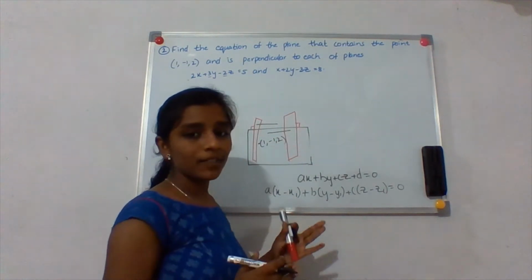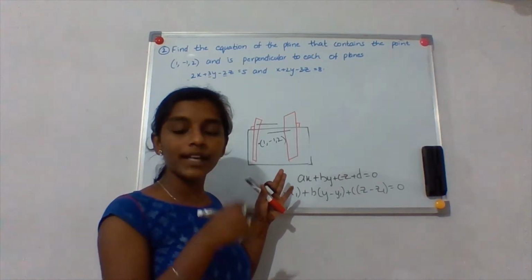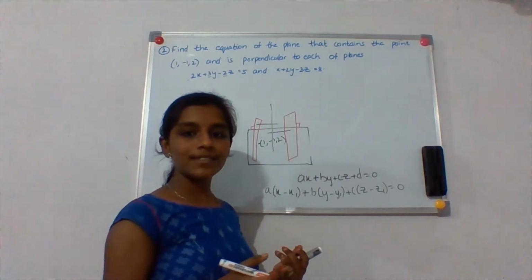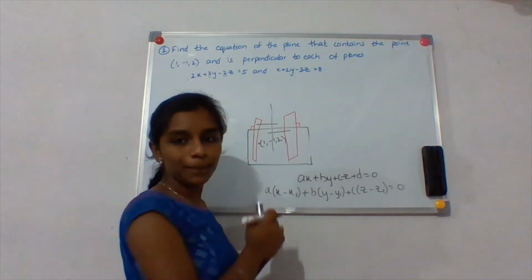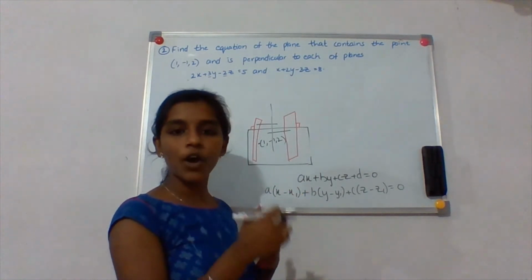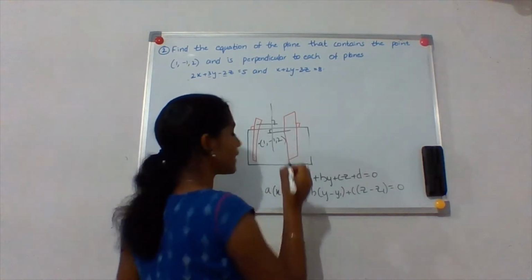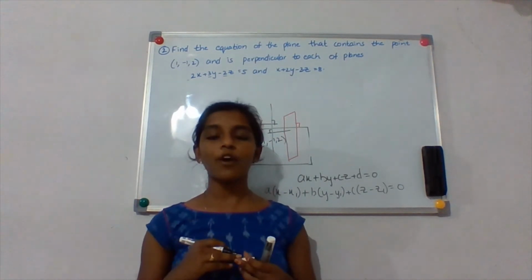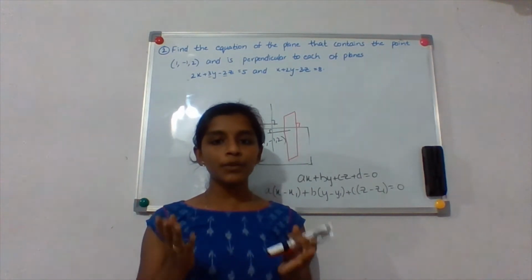Okay, so now if you draw the normal to the plane that we require, the required plane's normal, that is this. So now you can see that the required plane's normal is perpendicular to both the given planes, because the planes themselves are perpendicular to the required plane, hence the normals are also perpendicular, right? So these are perpendicular. Now we have already discussed that if two lines are perpendicular, what is the condition that we are going to use? We are going to do the vector product 0.